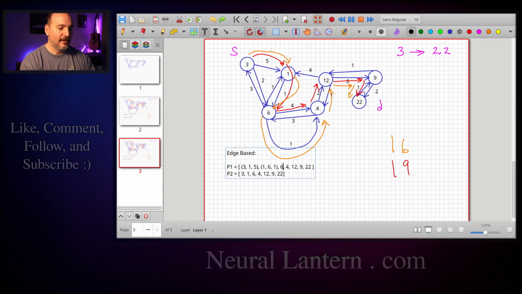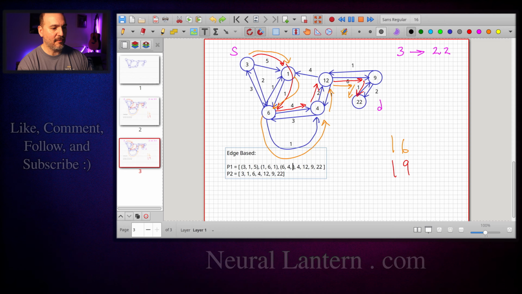Then do the same thing again for the next tuple. So we're at the 6 now. Where are we going to go? We're going to go to the 4, and then we choose the edge that costs 4. And then for the next tuple, we're on the 4, and we're going to go to the 12. So I'm going to say 12 is the destination. And which edge did we choose? The 2, even though there's only one choice, at least we have enough information for all edges in our entire